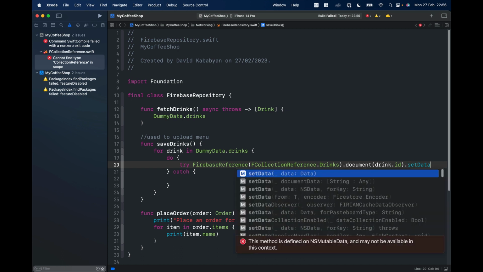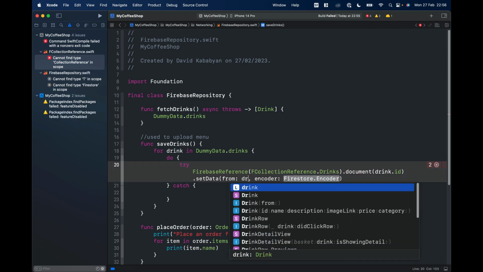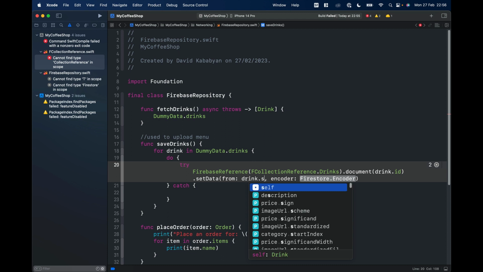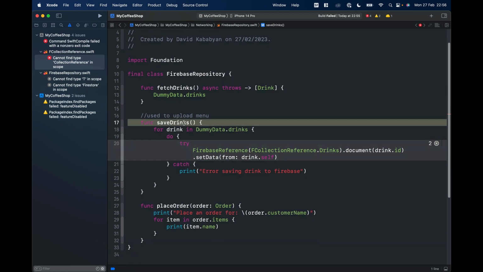data, and we're going to pass this. We need to use this from, which is going to be our drink dot self, because this is the drink we are using encoded. We don't really need this part. And catch, let's say print error saving drink to Firebase. Okay, now we have this function,